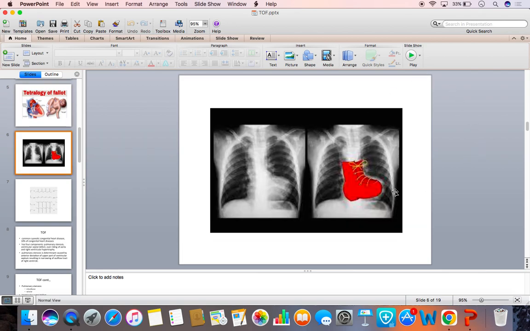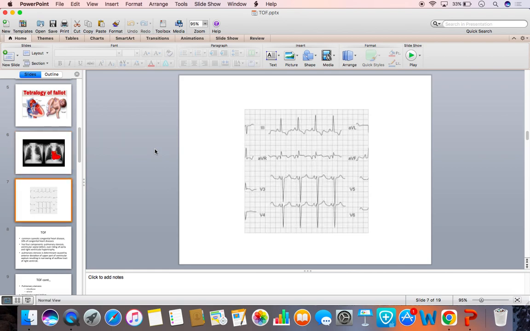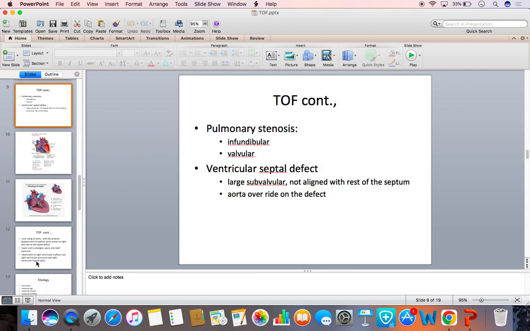This is the X-ray chest of tetralogy of Fallot showing boot-shaped cardiac shadow with oligemic lung fields. ECG is showing right ventricular hypertrophy and the right axis deviation. Well, this is how the patient with tetralogy of Fallot presents to you, and the important steps of management,